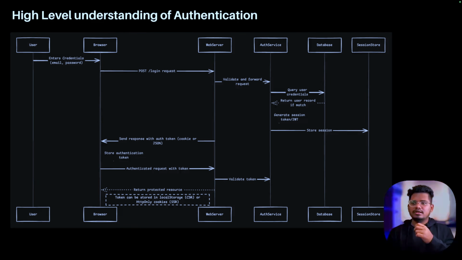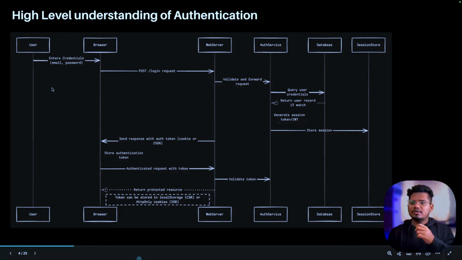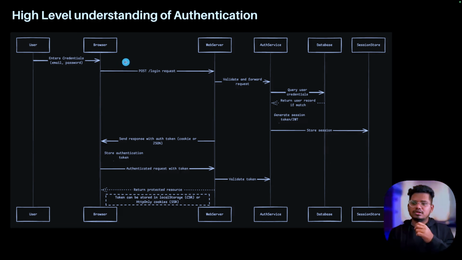Now, let's see the high level of how authentication works in web apps. In this diagram, there are mainly two entities, one is the user and one is the browser. When the user puts their credentials into the browser's form, the browser will make a request to the web server, that is the login request. The browser validates that request and forwards it to the auth service. The auth service will look up the database to check whether the user exists or not. If the user exists in the database, it generates a session token and stores it into the session store. After that, the web server responds back with that token, and the browser saves this token into its cookie store or into